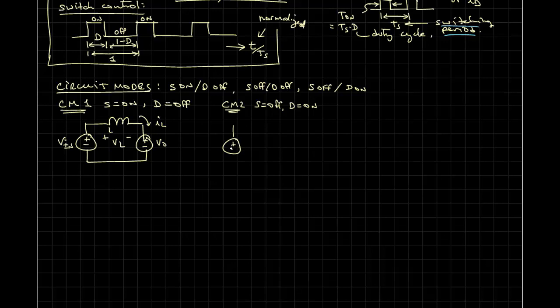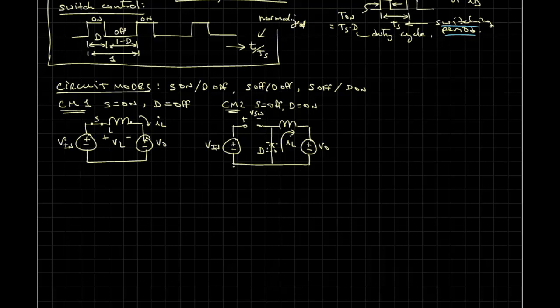In this case, there is no path through the switch. However, the diode is on. I'll go ahead and dot that in. So note that the current is going through the diode, whereas before the current was going through the switch. The voltage across the switch at this point we would define as V_switch, and this is V_in, V_O,